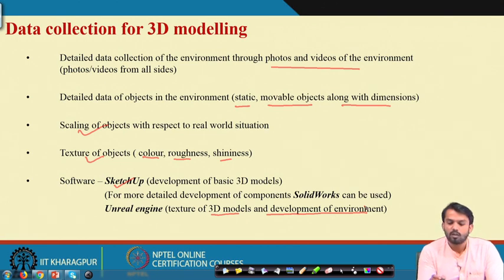Apart from the photos and videos that can be captured as the data source for the 3D modeling, what we can nowadays do is use a 3D laser scanner, which is a very advanced piece of equipment used for collection of data in complicated shapes or complex environments. So, if you are going to take the data of complicated devices or complicated equipment that is placed in a complex or integrated